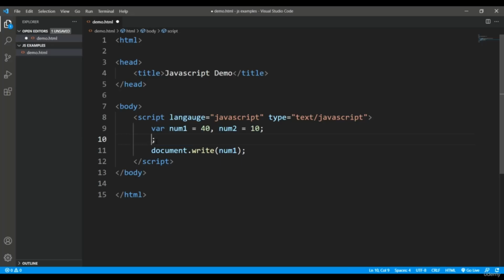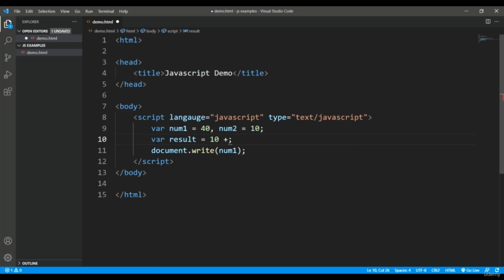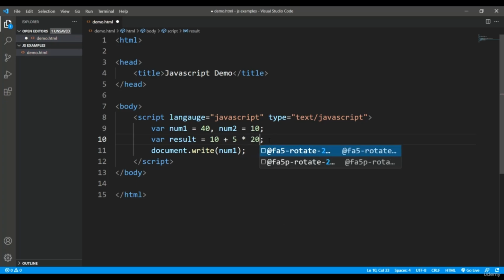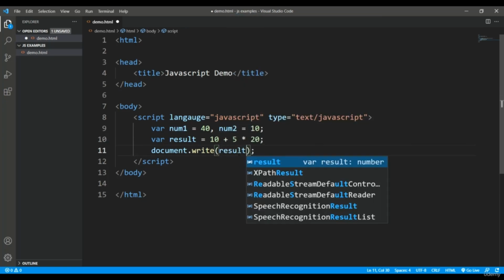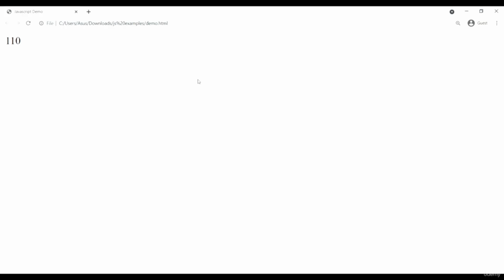So for that, I'll take one more variable called result, and now I'll write 10 plus 5 into 20. Now when I print the value of result, since the multiplication precedence is higher than the plus, first of all 5 will get multiplied by 20, which will result in 100, and then this 100 would be added to the 10, which will give you 110